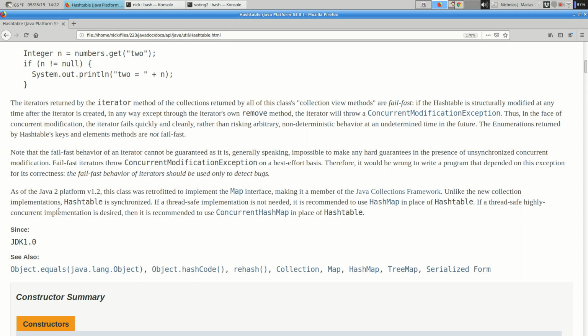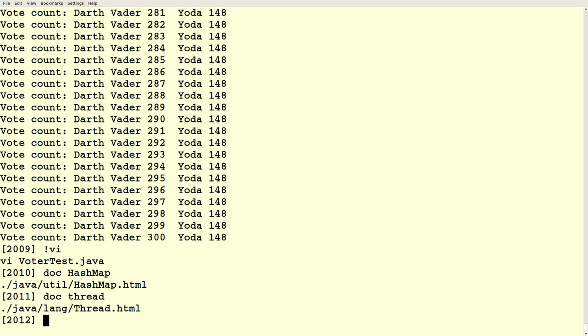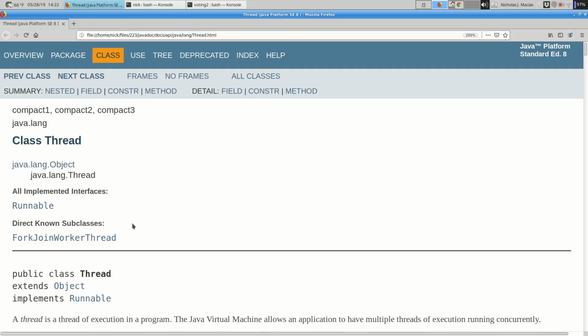Yeah, so unlike the newer collections, Hashtable is synchronized. But you can always synchronize things yourself, and to me, it's good practice to do my own synchronization as much as practical.